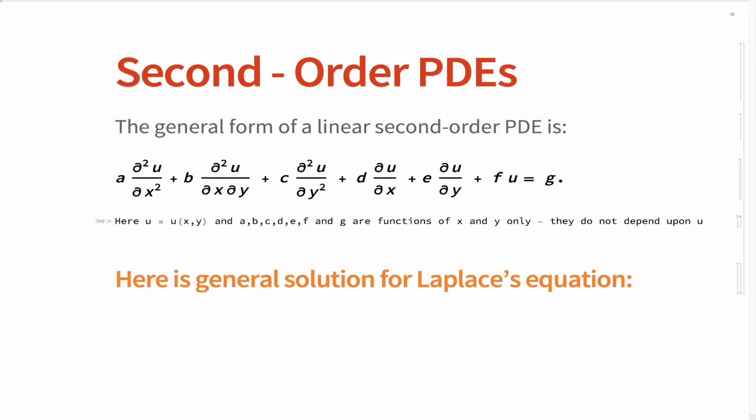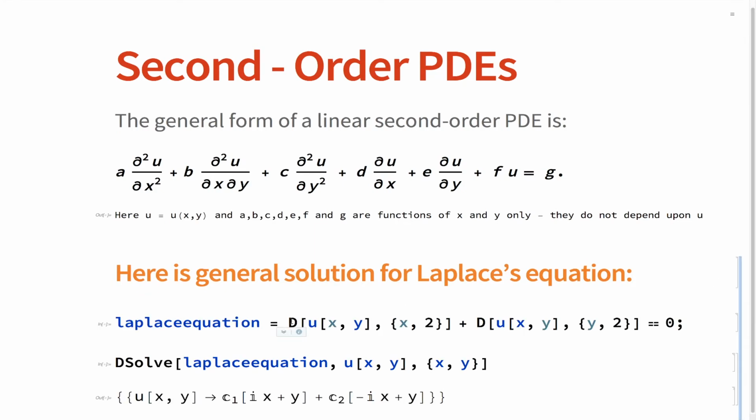Let's move forward and take an example of a second order partial differential equation. So this is the general form of our partial differential equation, where u is a function of x and y variables, and a, b, c, d, e, f, g are functions of x and y only. They do not depend upon u, so they are independent. So let's take an example of the general solution for the Laplace equation. So this is the Laplace equation